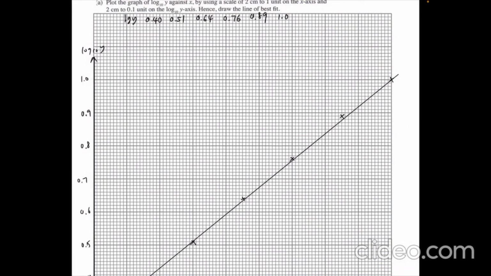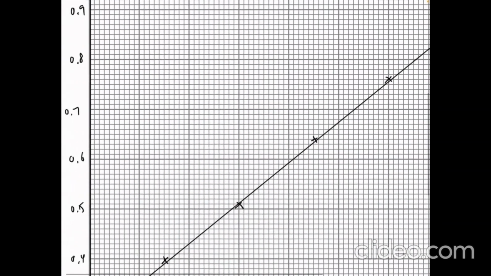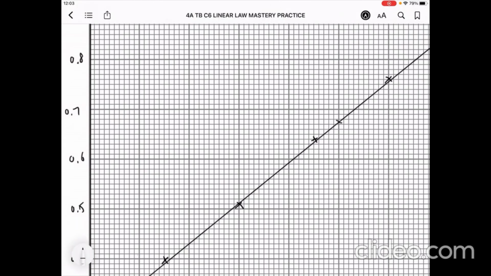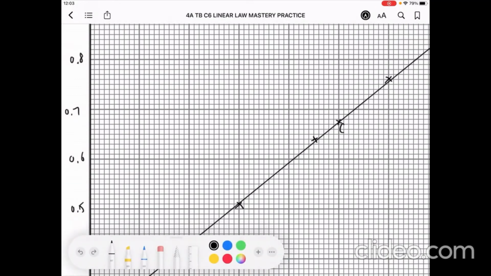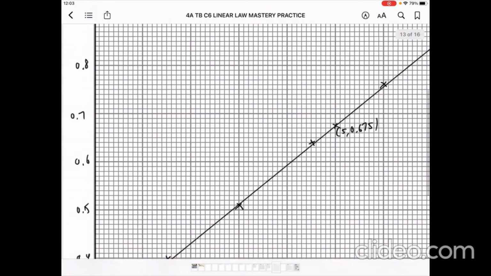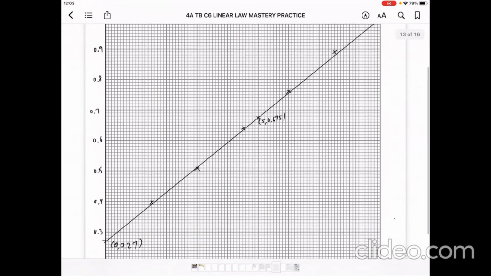Okay, sorry. This point here looks like 0.675. So this is 5 and 0.675. All right, so let's calculate the gradient. My gradient is